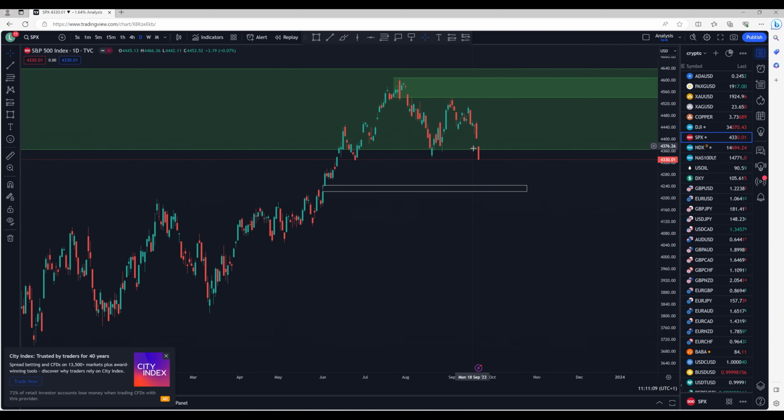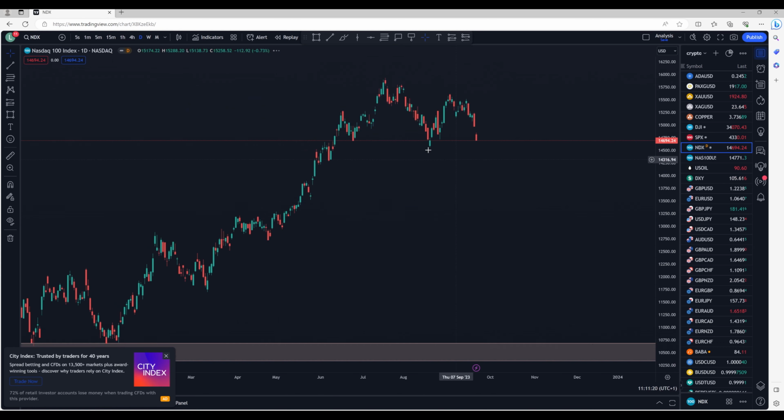But it does look like a breakaway gap. It does look like it's going to continue. And I would loosely expect 42.43 to around about 42.21 and possibly as low as 4200. If we go over to the Nasdaq,